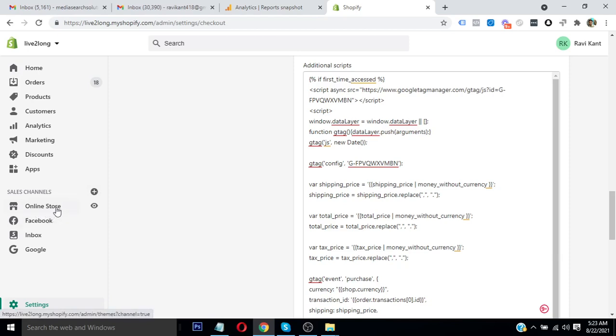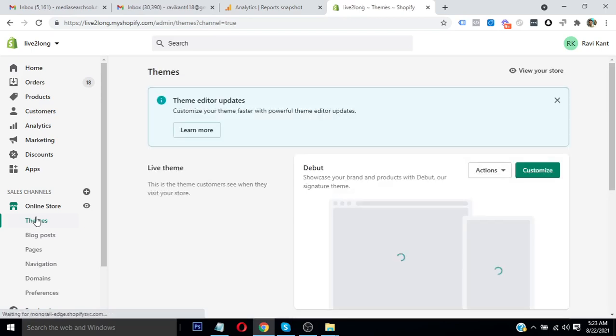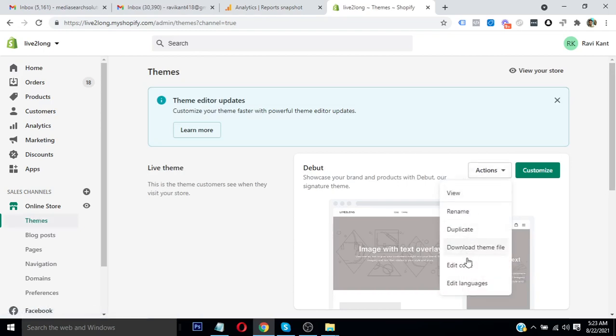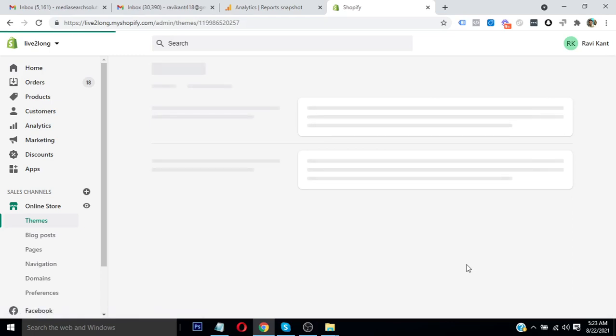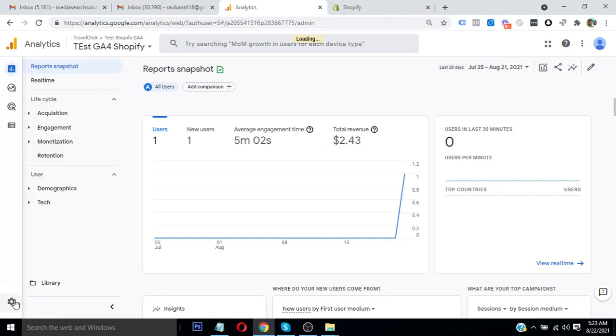Make sure that you have added Google Analytics 4 codes in your entire website from the theme option. I have created another video on how you can set up Google Analytics 4 with your website. I will share the link in the description box, in case you need it, you can go through that. So you just need to place your global code.